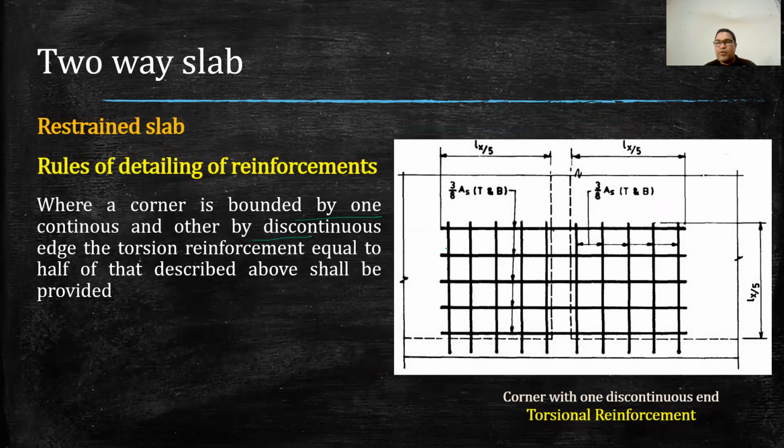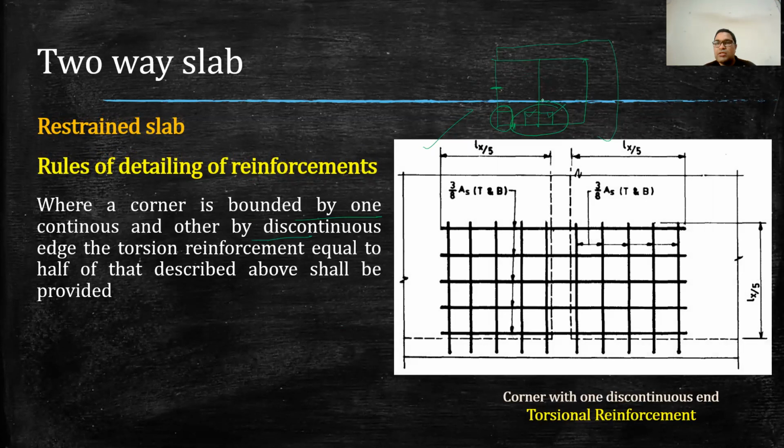so this is how we will be providing reinforcement in two corners. So this is actually showing the case. For example, say these are two slabs and this is continuation in here also. So if one corner is there, one corner is there, how do we provide reinforcement here? So basically the reinforcement that we have provided at this corner, which is contained with two discontinuous edges, this edge and this edge are discontinuous. So in that case, whatever reinforcement we have provided here, it will be half of the reinforcement that we will be providing in these two corners.